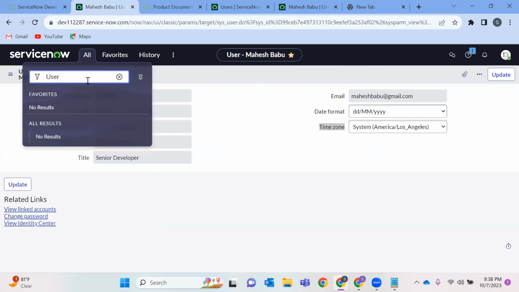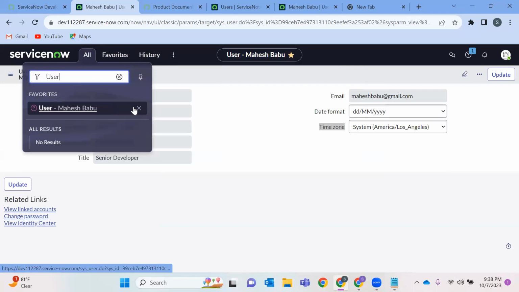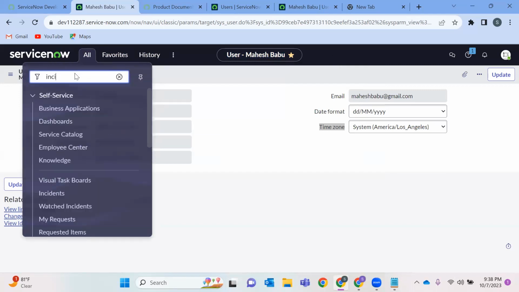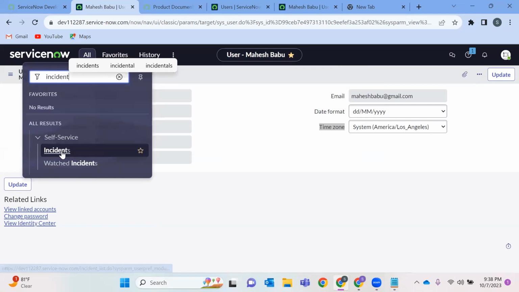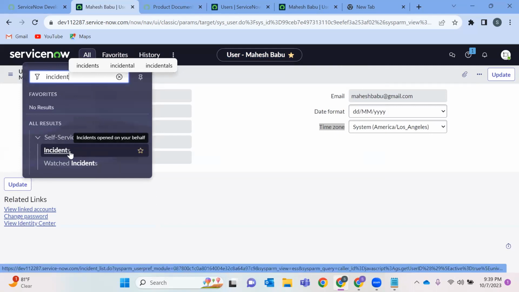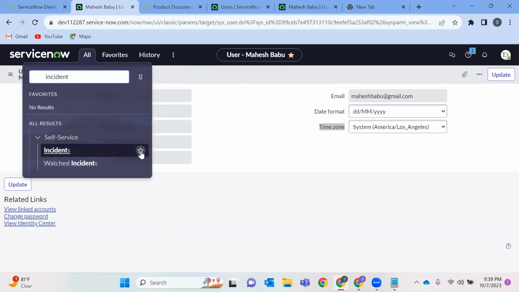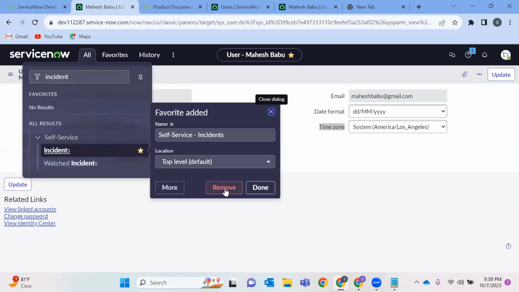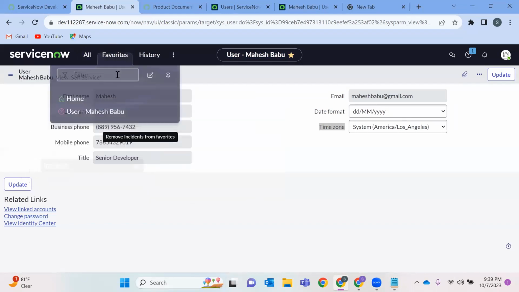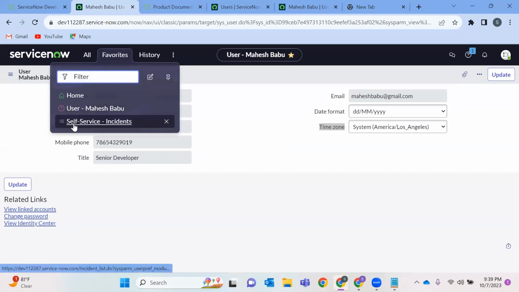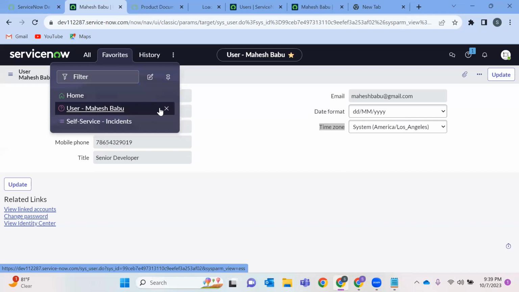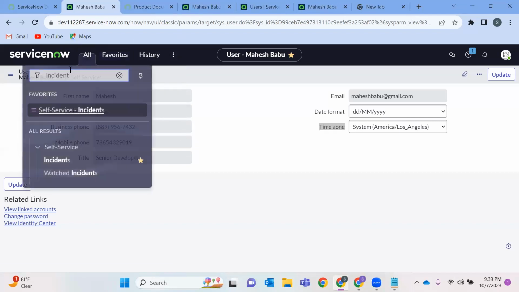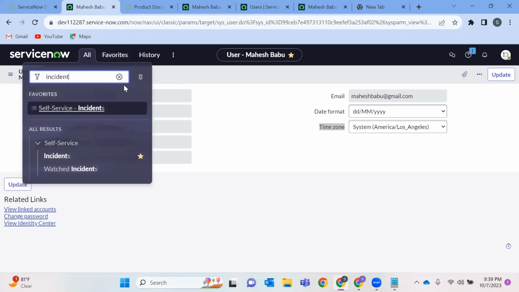I don't want to go and search all the time, so I can directly add it to my favorites. For example, let's click on incidents. When I click on incidents, I can find this star mark. When I click the star mark, under favorites I can see them. From the next time, I can directly browse it from here instead of searching on the left navigator.